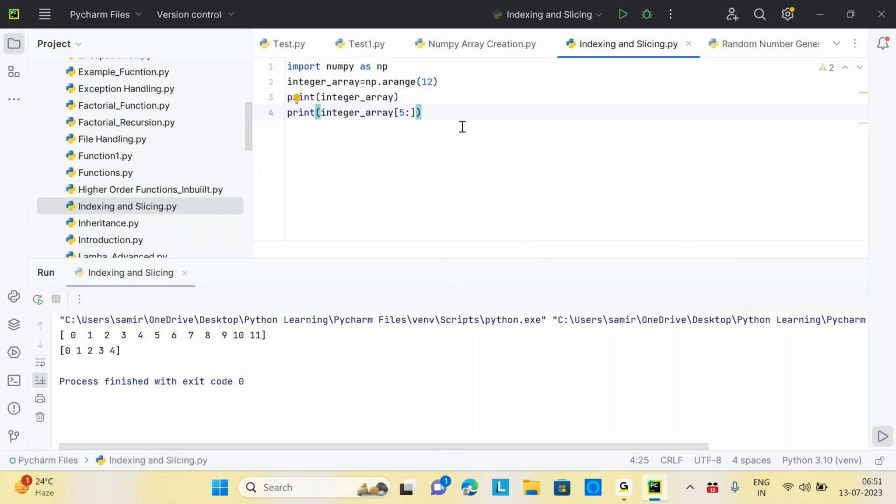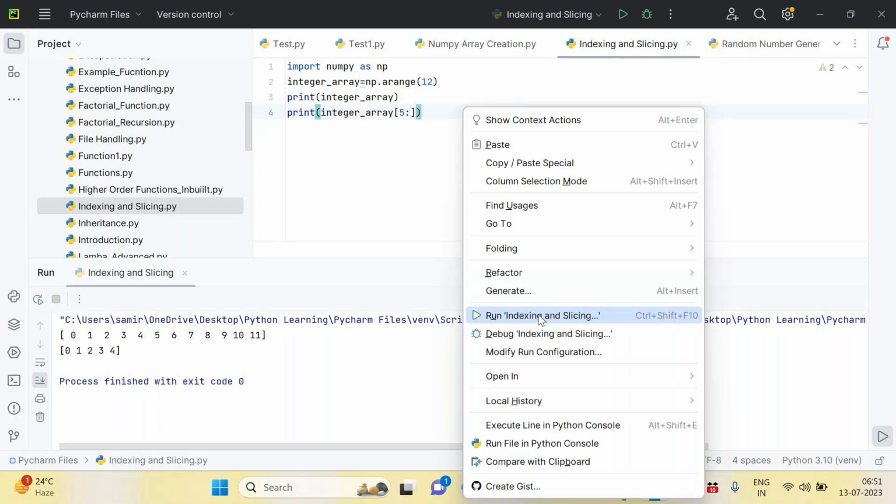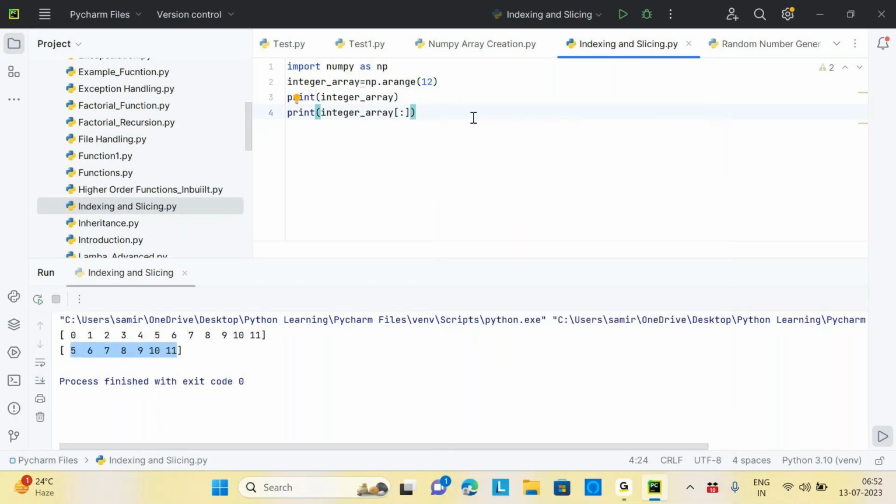good. And suppose I'm giving another one to this. It will skip count 2. So 0, then 2, 4, 6, 8, 10. So skip count. Remember all these things. No need to explain anything because